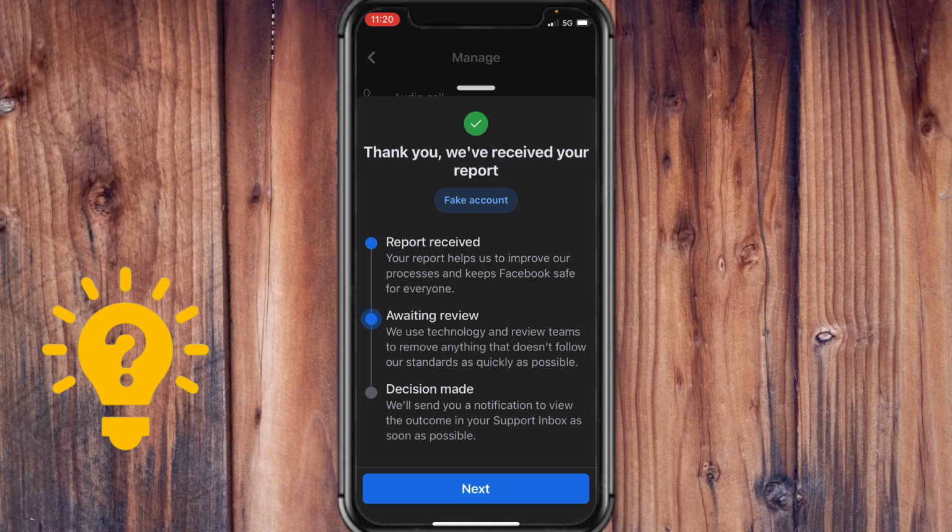So the report will be reviewed, and once a decision is made, then you will be sent a notification